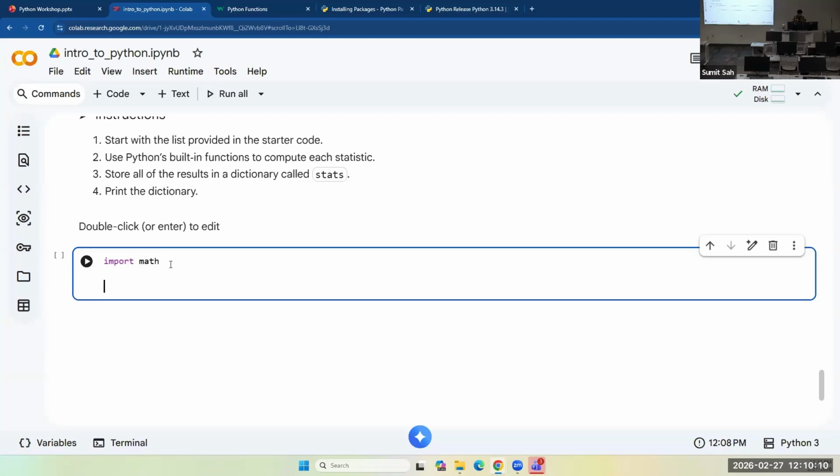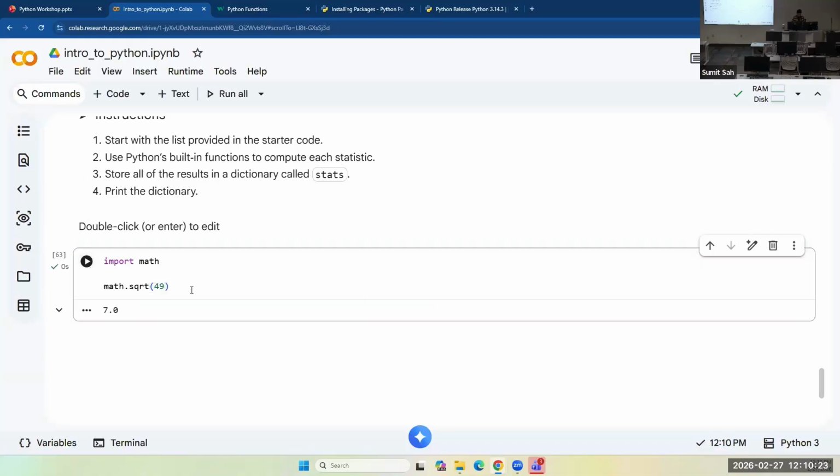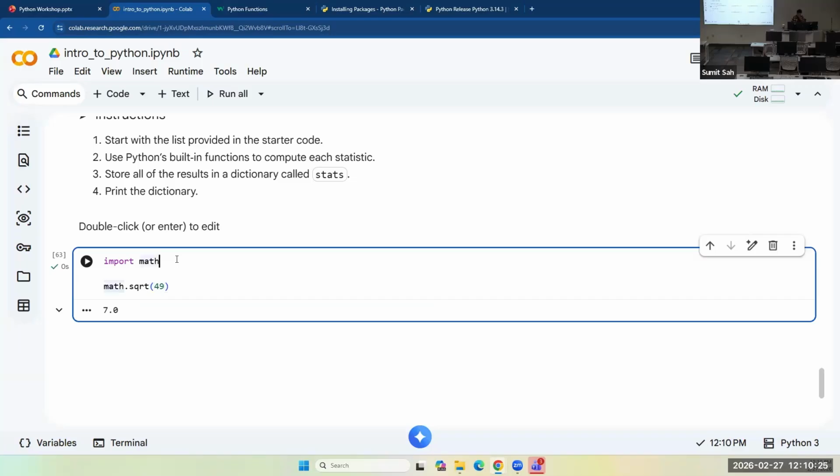So if you want a square root, you say math.sqrt, which is a function, of 49. That's 7, right? And if you don't want to use math dot every time, you can import math as m.